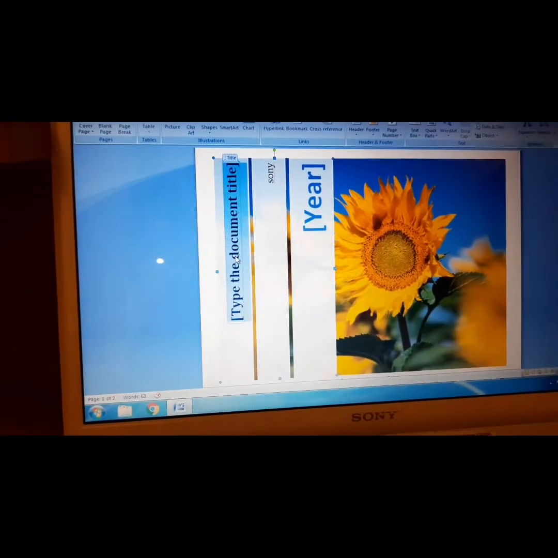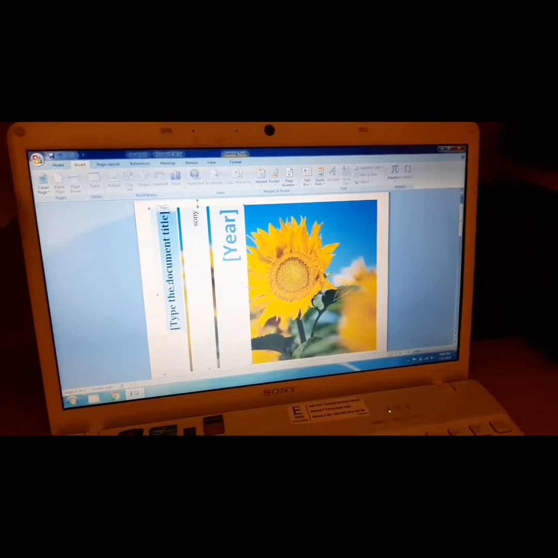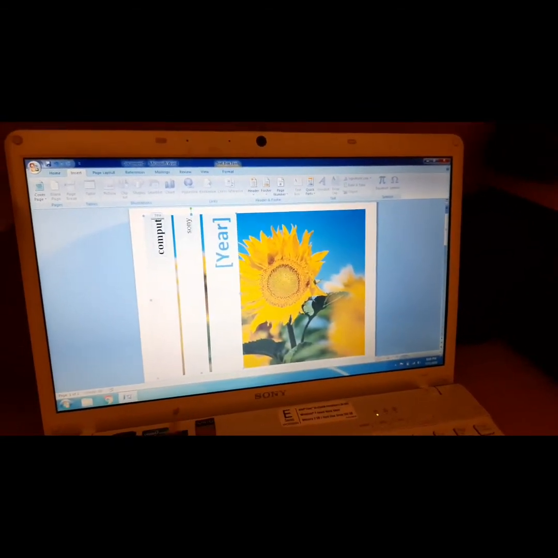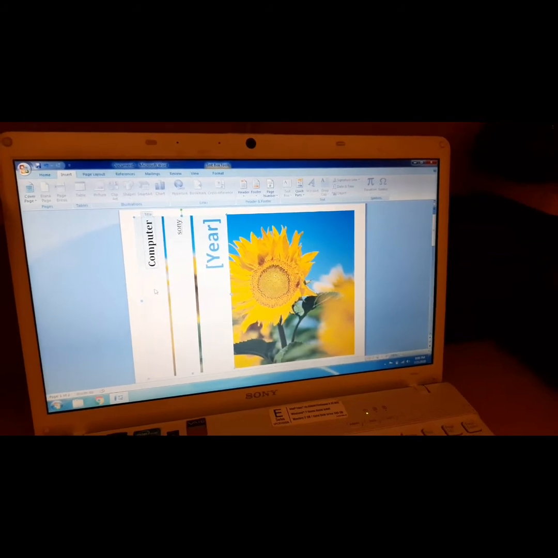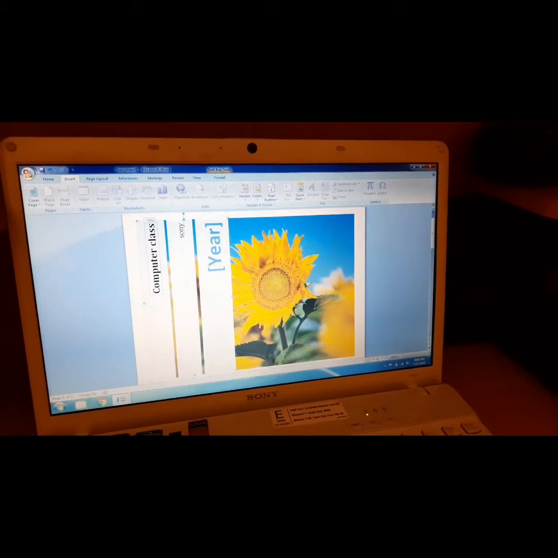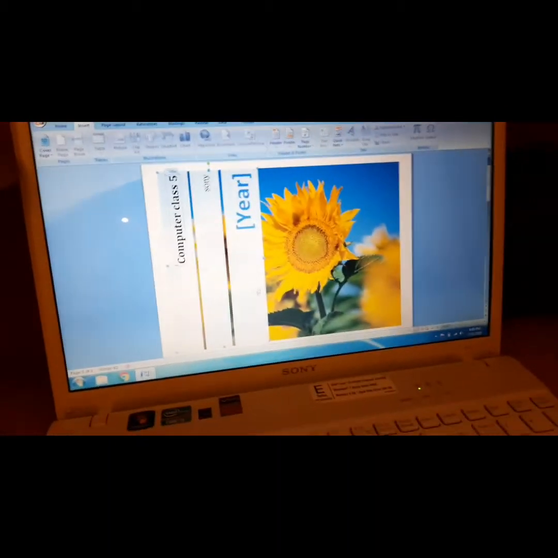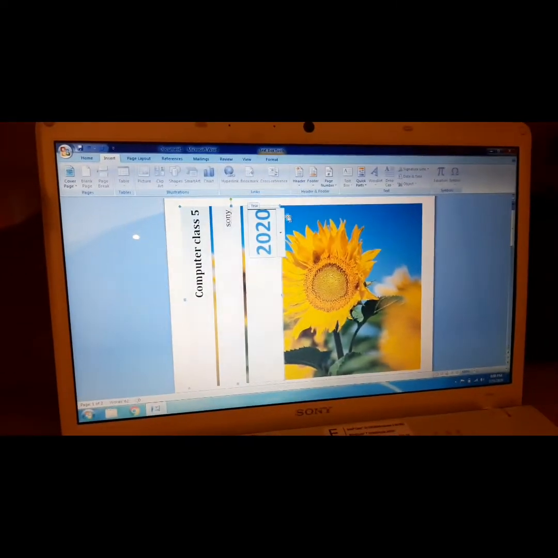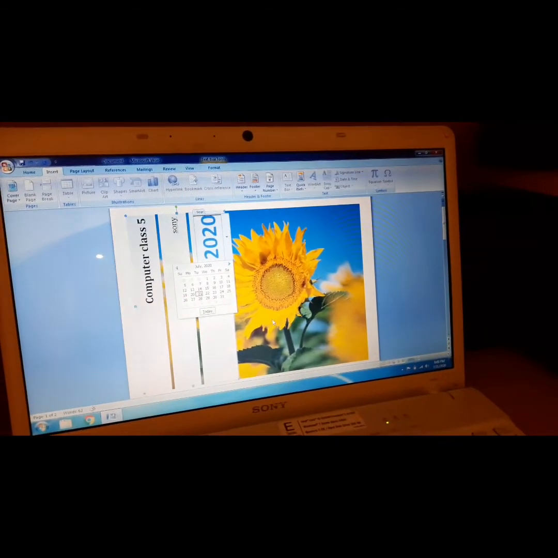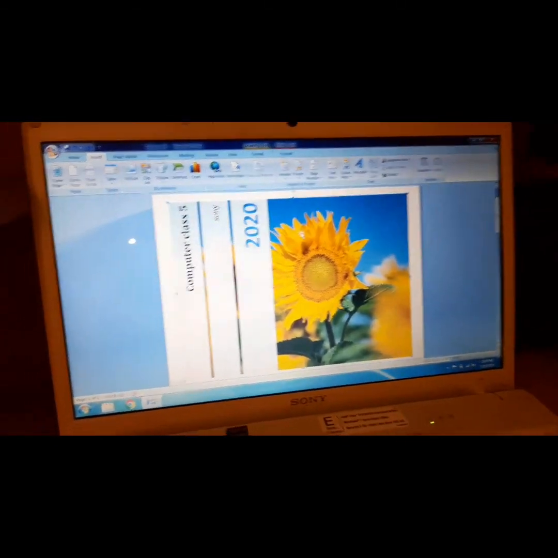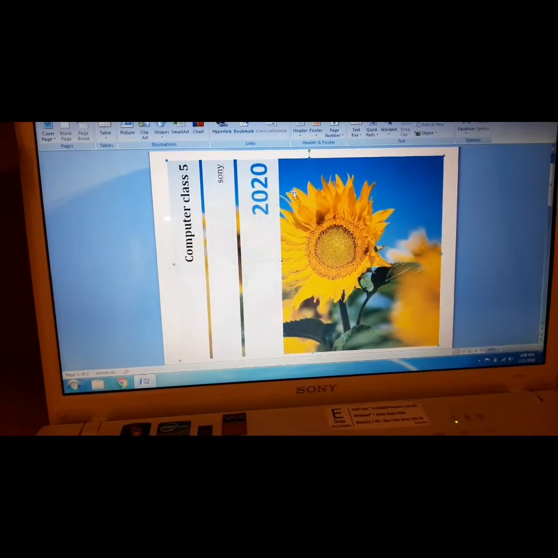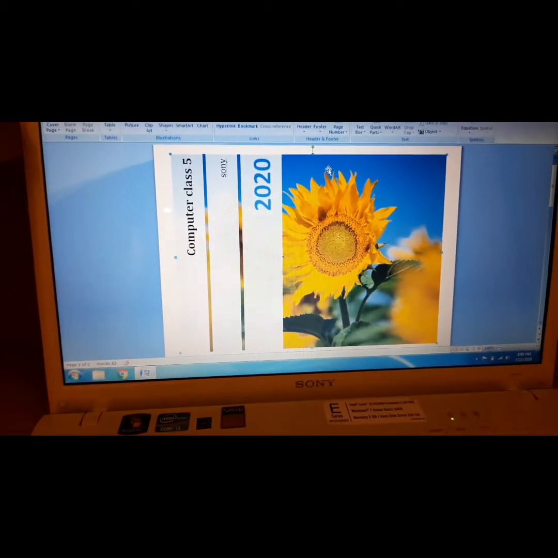What you want to write, it is computer book, or the name of the document: COMPUTER, class 5, here the year or whatever it is, 2020, then the name, whatever you want. So this is how you can insert the cover page to your document.